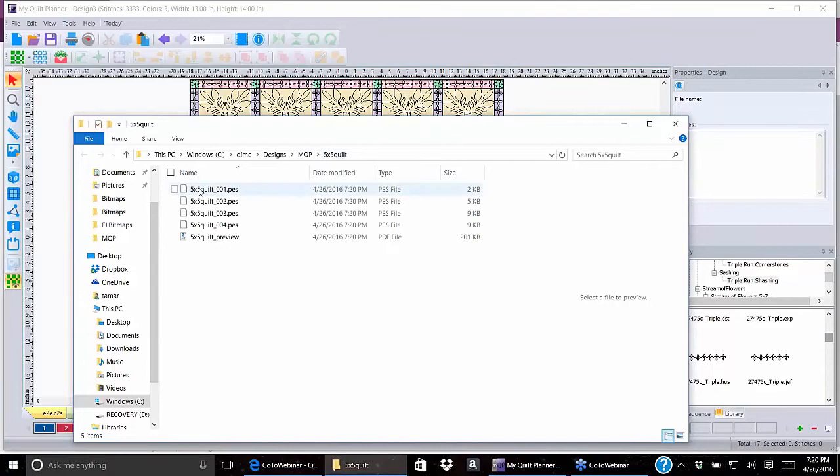In that folder, there are 4 designs. The first design, here I'll pull it over so you can see better. Oh, you know what? I don't have my Perfect Stitch Viewer installed on here, so you can't see them. But 1 will be the square, 2 and 3 will be the 2 different borders, and the 4th one will be the